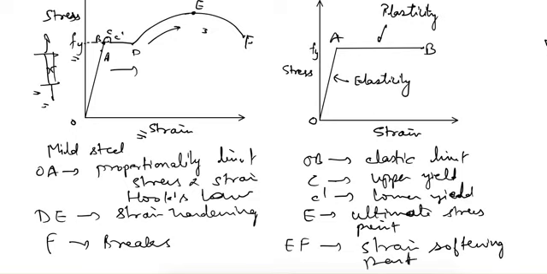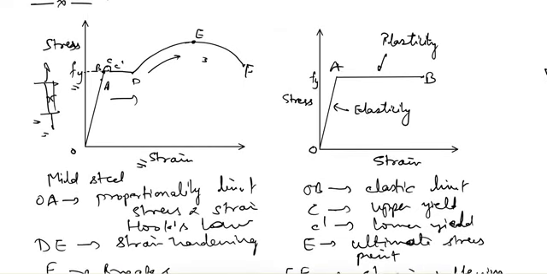Now when we talk about the elastic design, in that we only consider the strength of the material up to this point, that is when it yields. The location of this C and C dash, the formation of this little inverted U here, depends upon the method and rate of application of load.